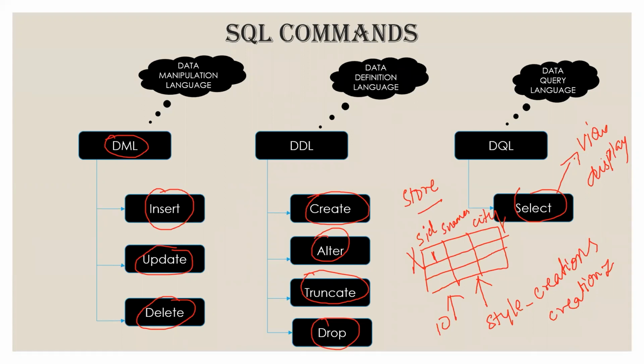So if suppose I have some 5 different stores in Bangalore, instead of going and deleting one by one, you can simply select all the entries which belong to Bangalore and delete all of them. So to delete either one or multiple rows from your table, use your delete command. Drop is to completely delete the entire table along with the structure itself.